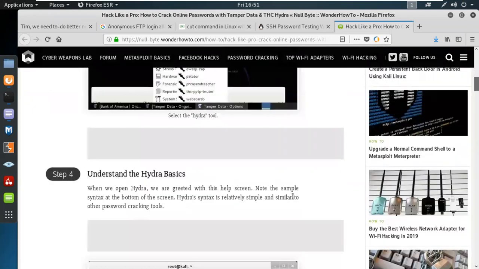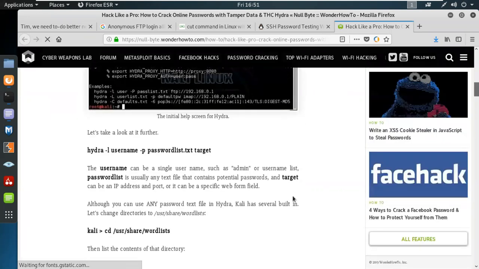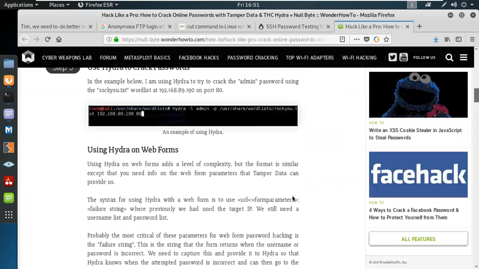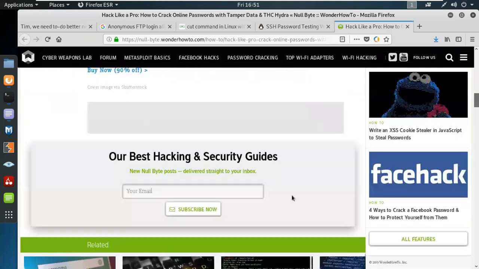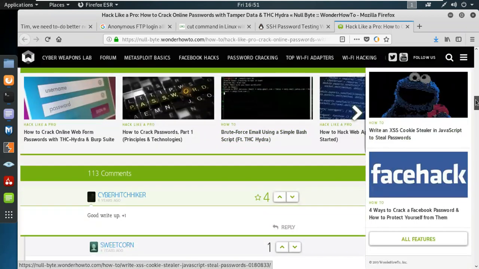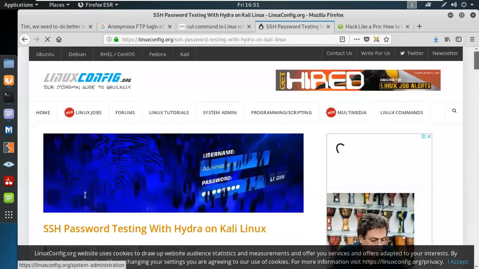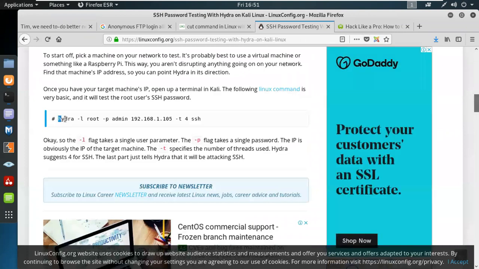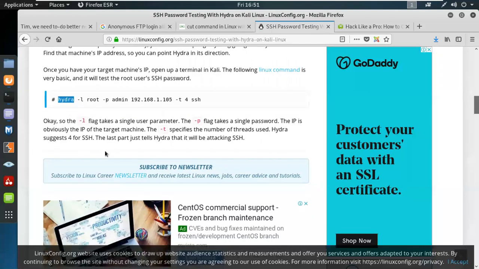And over here, we're gonna use the simple attack. For that case, we're gonna use the CLI version of Hydra. Or you can see over here also, hydra -l root -p admin -t 4 ssh with the port number. Okay, so